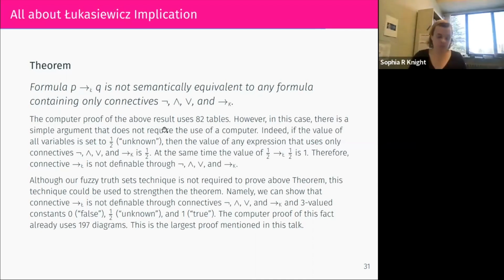This one, we can do exactly the same kind of proof. There's also this simpler proof, which is if you look at your truth tables, your truth diagrams, the very middle square is always an X with all these other operators, not an X with Lukasiewicz implication. And so that automatically tells us that no matter how you combine these, you're going to get X's in the middle. Lukasiewicz implication, you don't get an X in the middle. And so that's almost like a meta property of the truth set diagram for these operators.